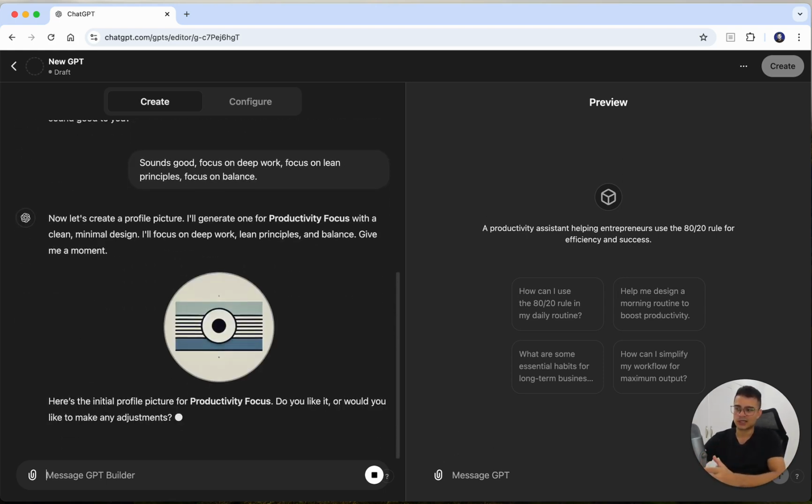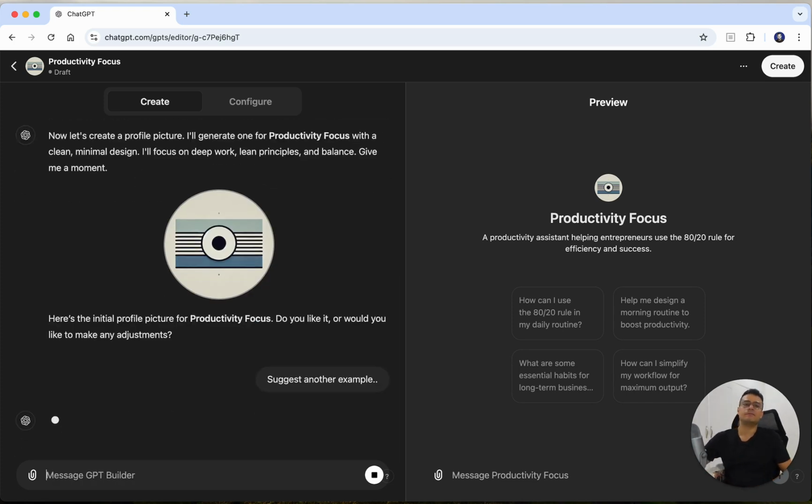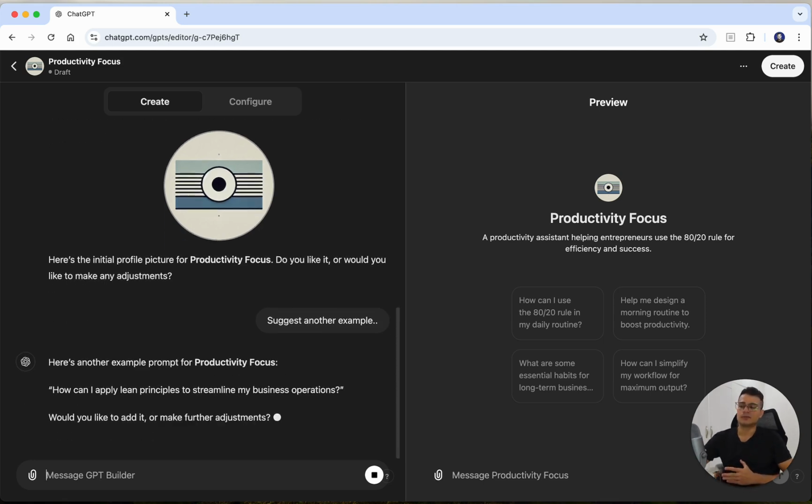The persona that we are talking to is more of, I really don't care about the picture, but it's created a picture, that's fine. Suggest another example, right, just for fun. But the idea is to give it the persona, because then it can align it with the persona. Give another option for the profile